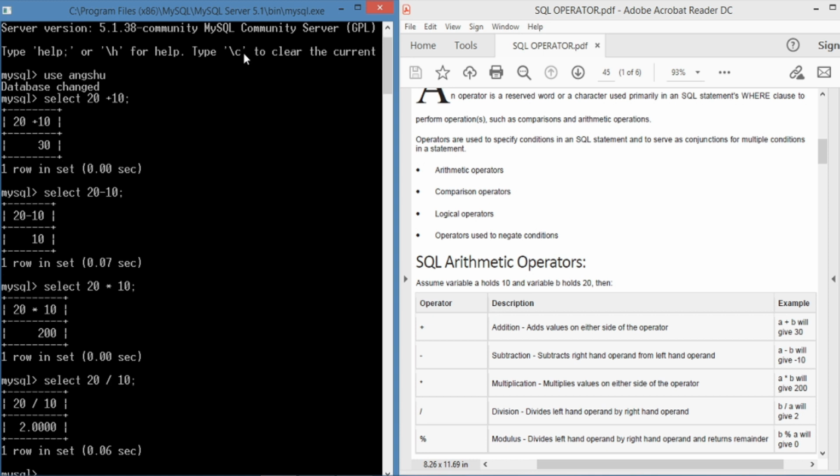We get the result 20 by 10, which is 2. Next, the modulus operation.